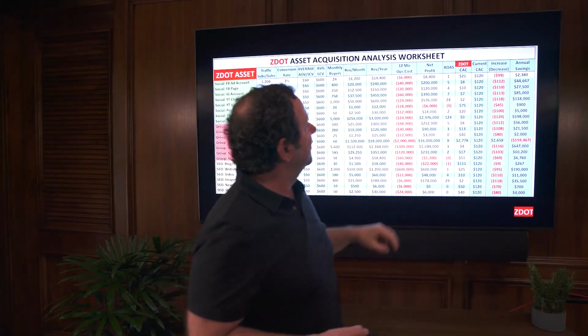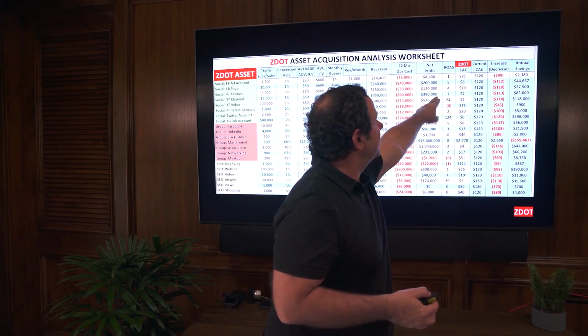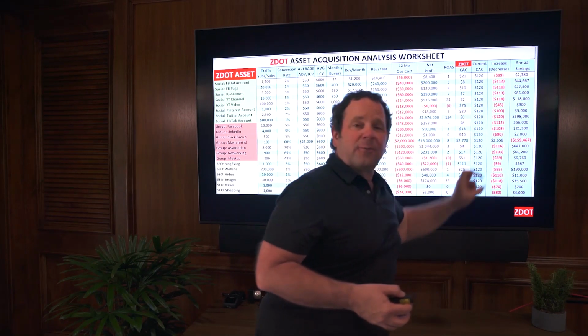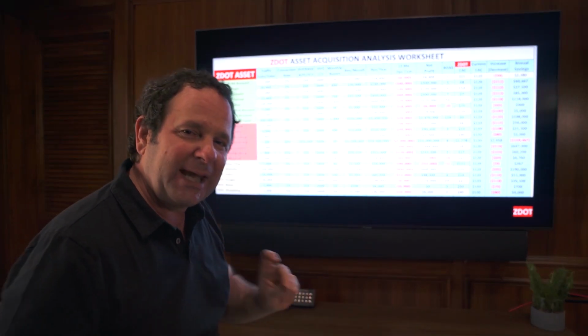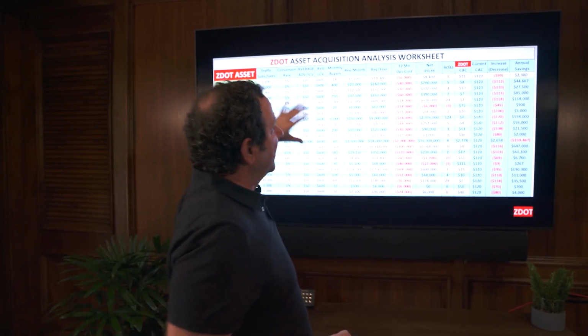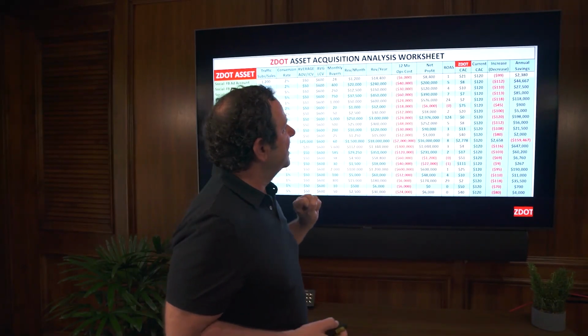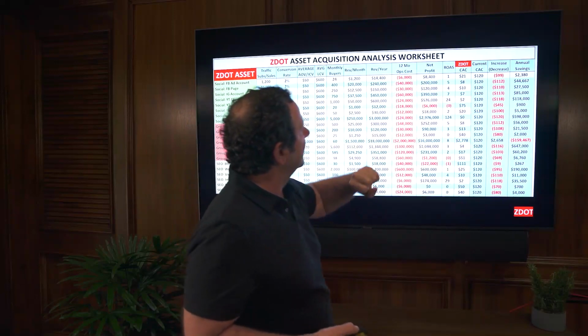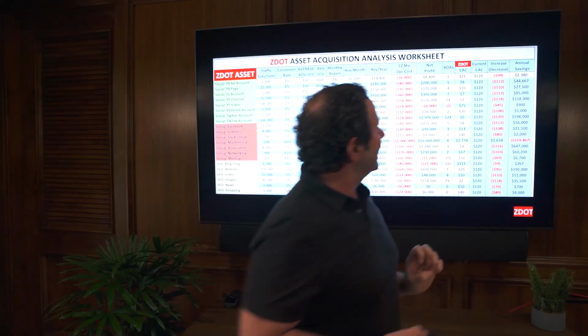And then we'll know the net profit. We can calculate the ROAS with simple division. And then we'll know what's our Zdot CAC, our Zdot customer acquisition cost. What would it cost us for each customer when we own the asset? Okay. Now in the Facebook page example, our Zdot cost is $8 because we own it now,